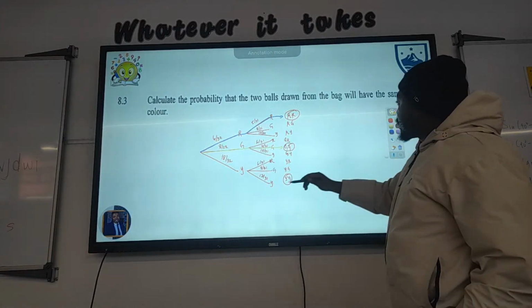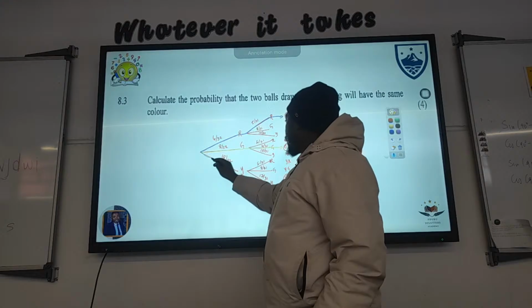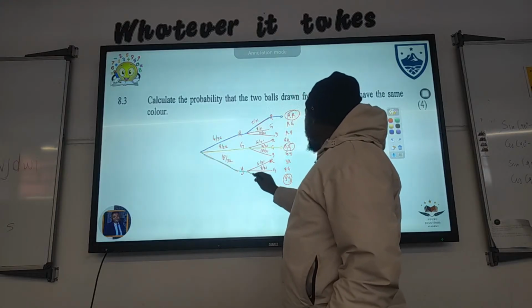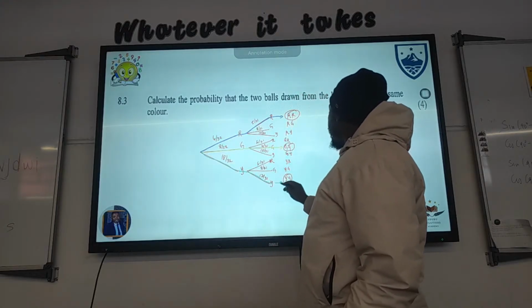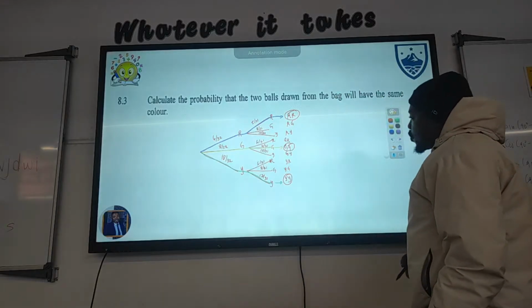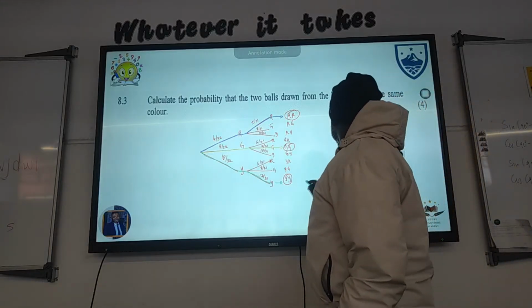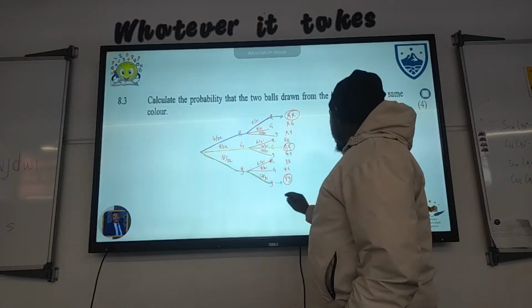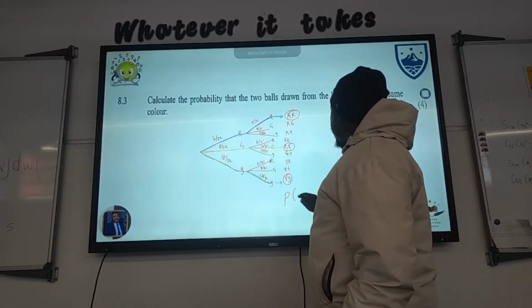Let me use green just for people to see what I mean when I say we are going to travel across the branch. And yellow and yellow. So our probability for us to have the same color